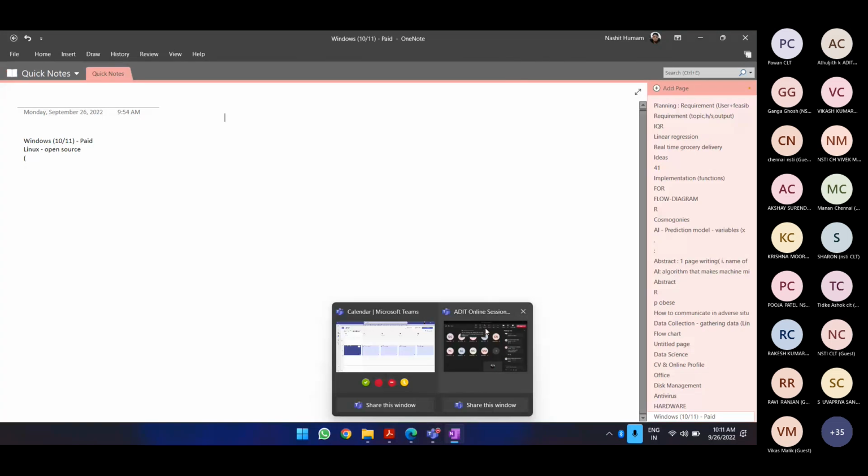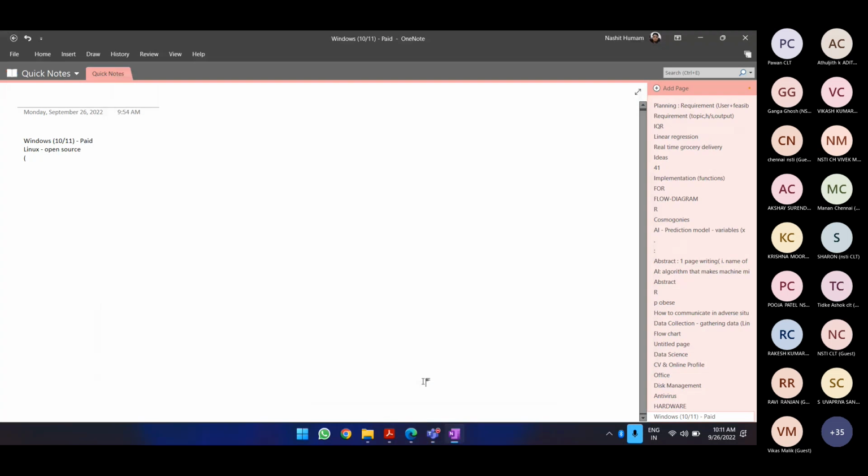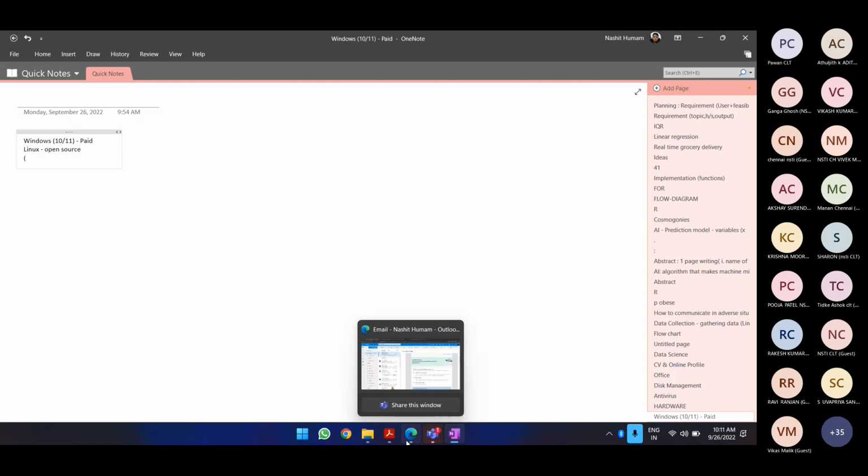Now, in case no one has any question, let us move ahead and talk about the different Linux distributions that we might have. Many of you must have heard about a few, and we can have a lot of them.